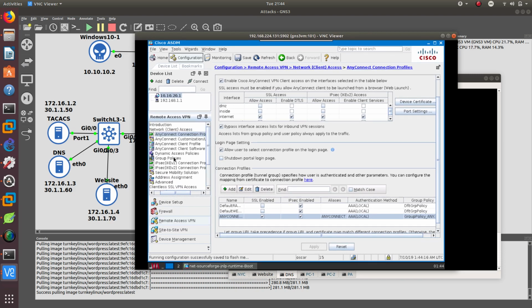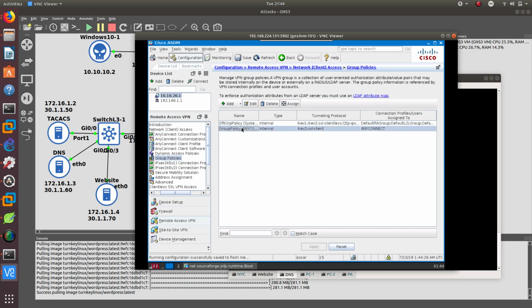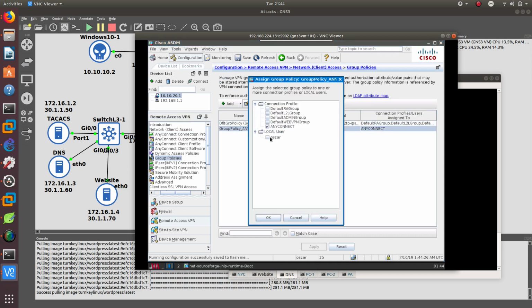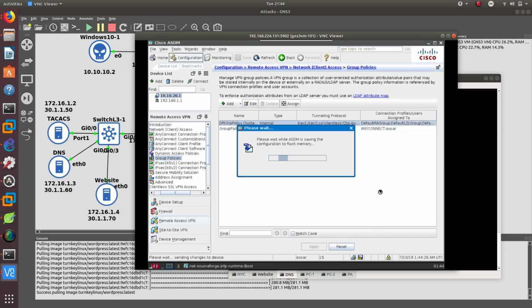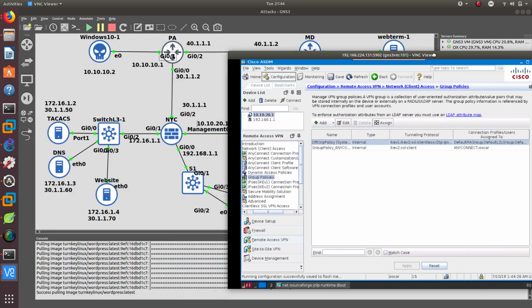So remote access, group policies. This group policy does not have a username assigned to it, so I need to assign Asker to it. Apply it and save it. So now from my Windows device,